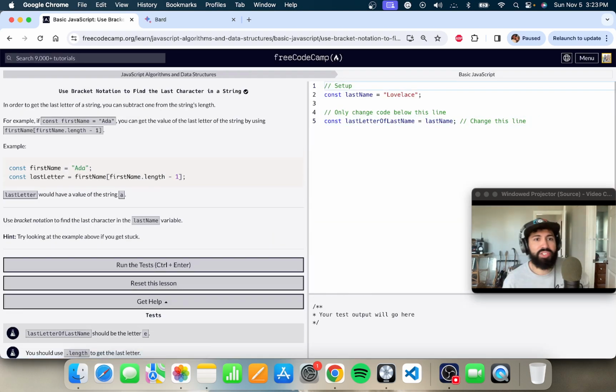Use bracket notation to find the last character in a string. In order to get the last letter of a string, you can subtract 1 from the string's length. For example, if const firstName is assigned Ada, you can get the value of the last letter of the string by using firstName[firstName.length - 1]. So I've got that firstName object, calling the length property gives us a value, we're subtracting 1, and then that gives us the index number